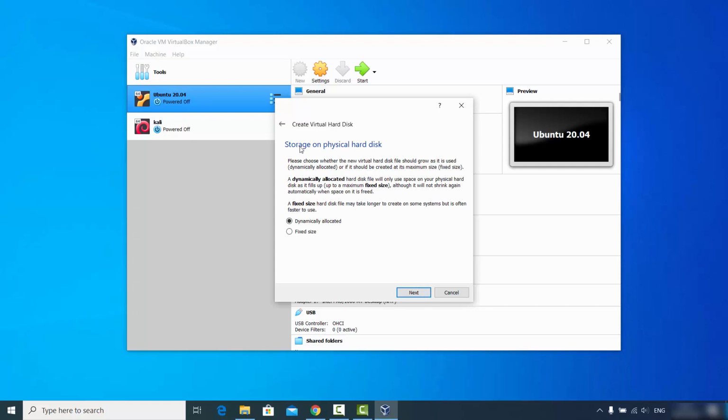And on the next window I have the storage on physical hard drive. So I generally like to use the dynamically allocated. If you want to learn what is dynamically allocated or the fixed hard disk size, you can read more about this here also. Okay, so I will recommend you to choose this dynamically allocated option here and then click on